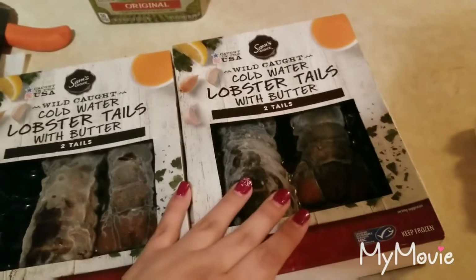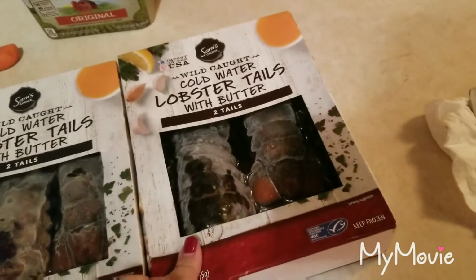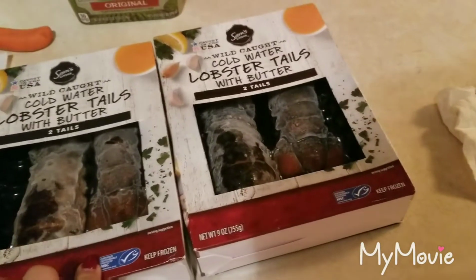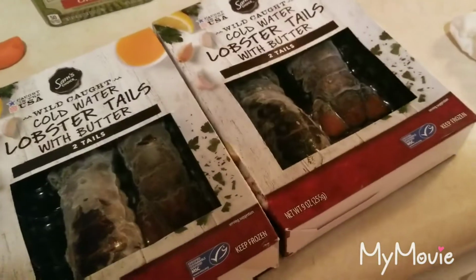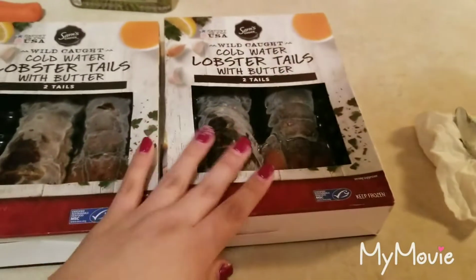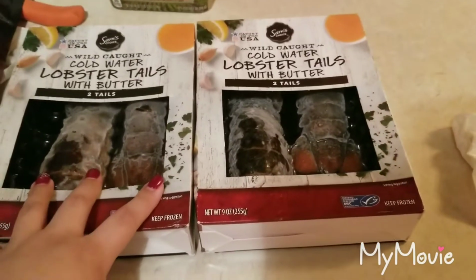These are the two lobster tails. They come two. And he did get these at Walmart, and I believe they're like $17 each. But I'm not sure because I didn't go. 15. Oh, they're 15? Okay. On the website, it says 17. That's why. Anyways, so